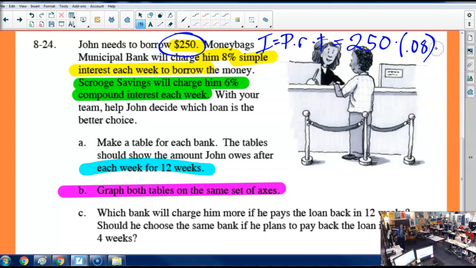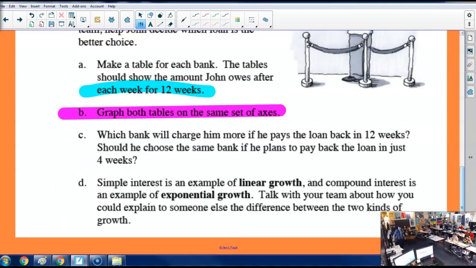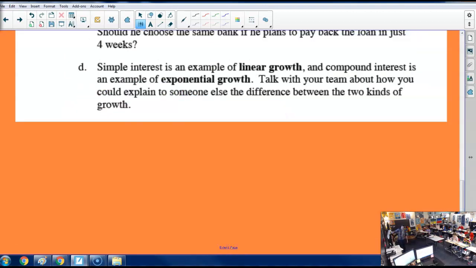So we could go 1, for just after 1 week, how much interest has accrued. But what did we talk about yesterday? This simple interest does the same every time, right? So if I just figure out what happens every week, I can then apply that every week, right? So we need to make tables, right? So for Moneybags, if I say time in weeks